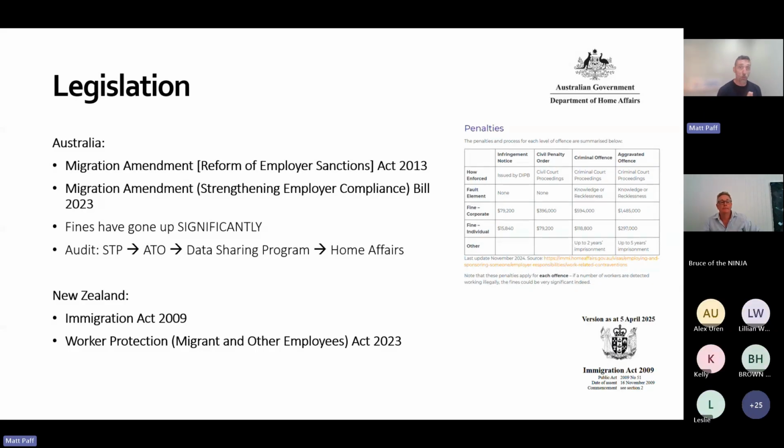It's very interesting also that the Department of Home Affairs is now receiving data from the ATO. So with single touch payroll that came in a few years ago, your data goes on a pay cycle basis to the ATO, who then on shares it to Centrelink, and Centrelink have a department called the Data Sharing Program. They then on share that to Home Affairs, and they're moving to basically real-time audits.